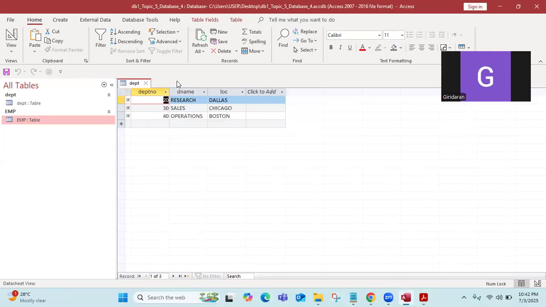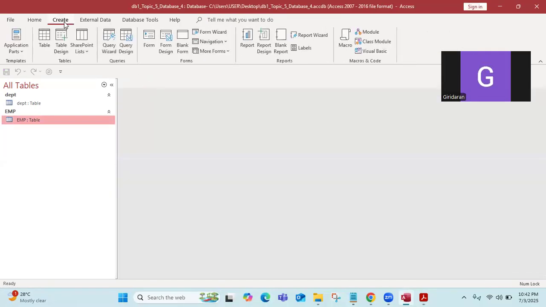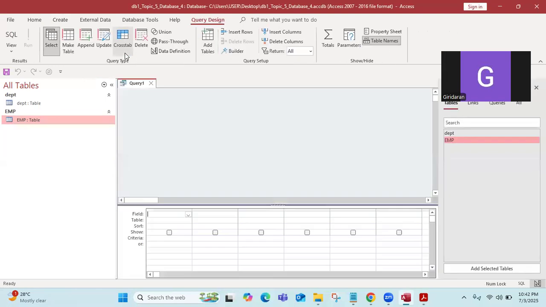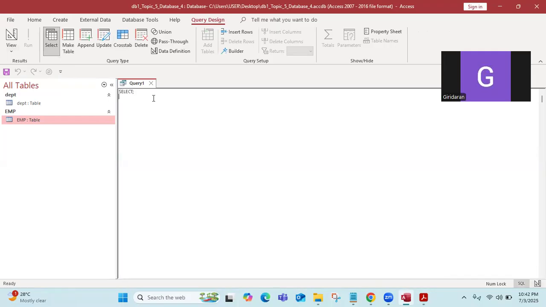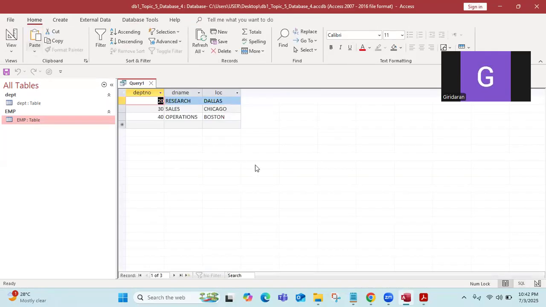Here, to write the SQL, you have to go to create, then query design, and select SQL view. In this area, you can type the SQL command. We'll type the first SQL command: select asterisk, which means all, from the table name, DPT. When you run this, you can see all the records